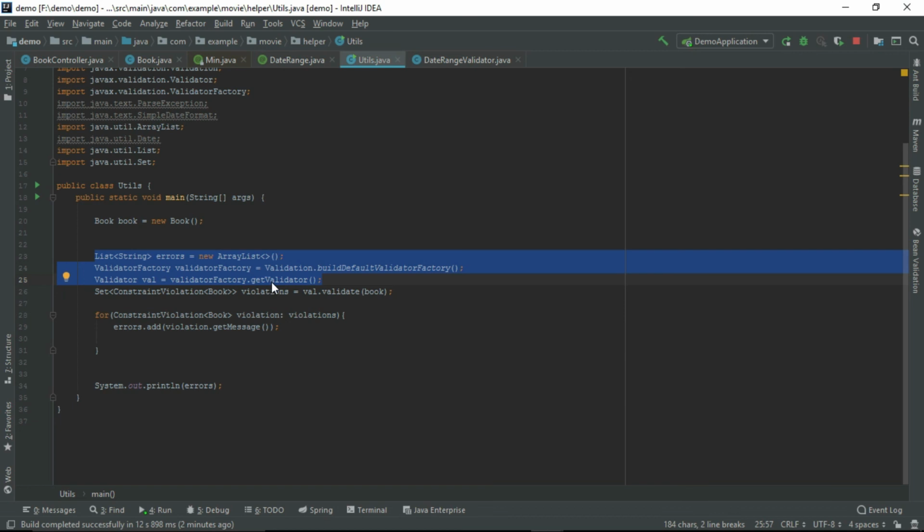If I use validator.validate and pass the object, I'm creating the Book object, and I'm not setting any value at all. So in case I set the values and pass this particular object, it will return all the constraint violations in this object. You can just iterate over them and get the message. It's a small Java program.